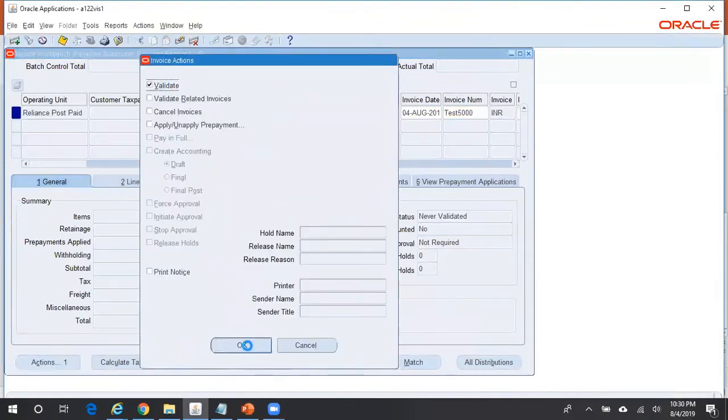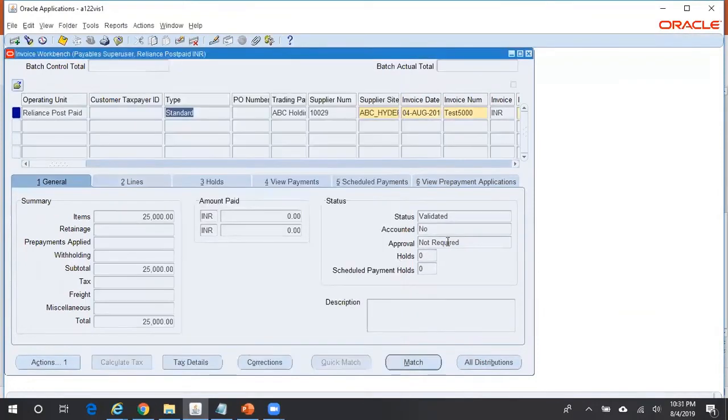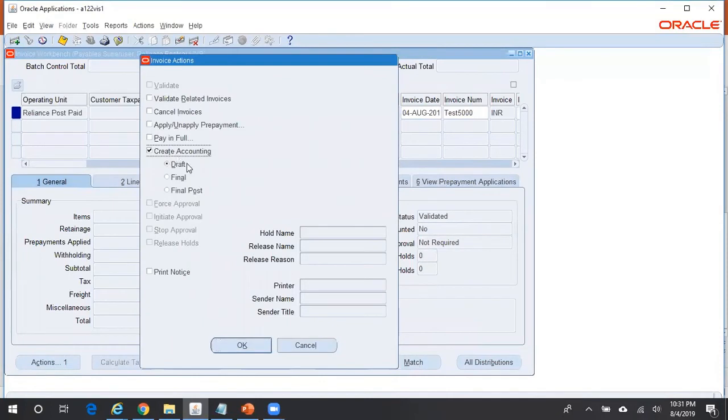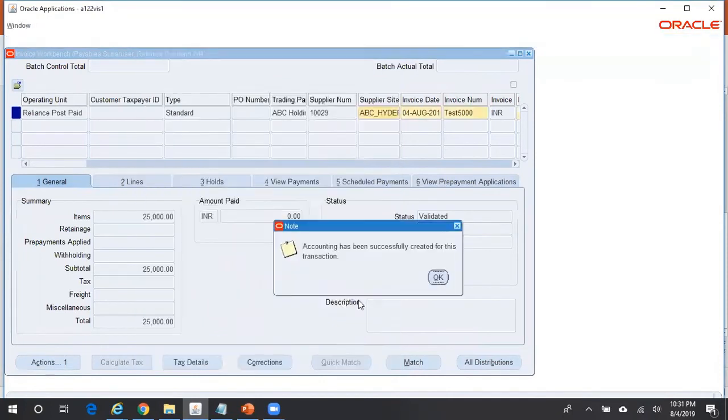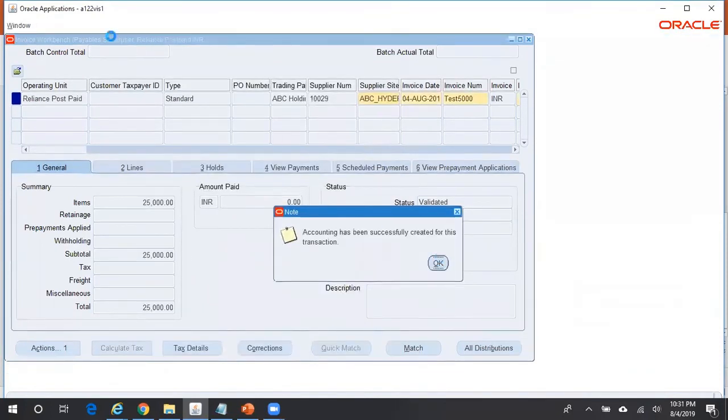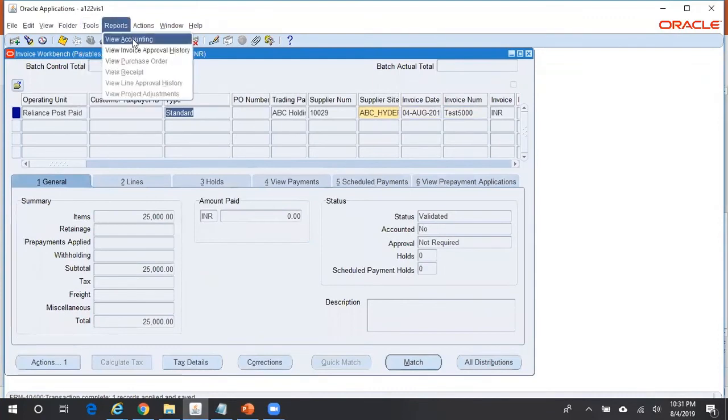Let me first validate the invoice. Invoice is validated. Now let me run the create accounting. Let me run just in a draft mode. Accounting is successfully created. Now go to reports, view accounting, and let's see what is the accounting entry which system